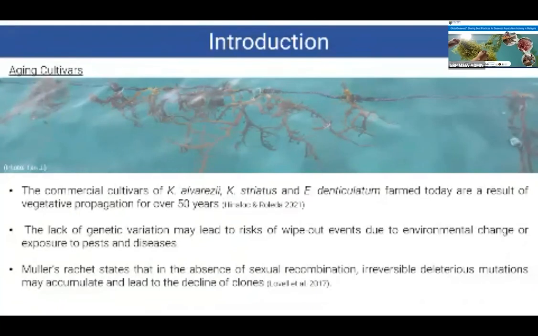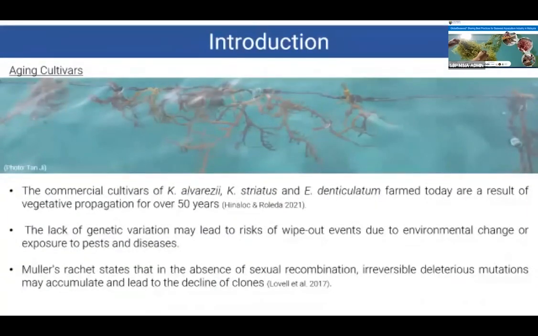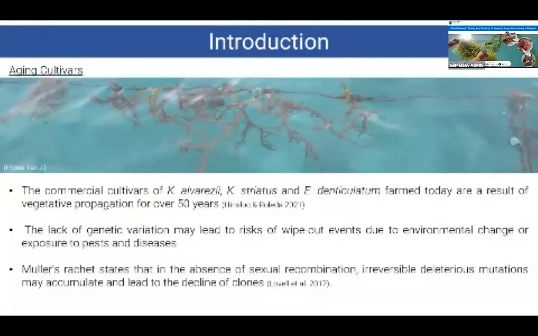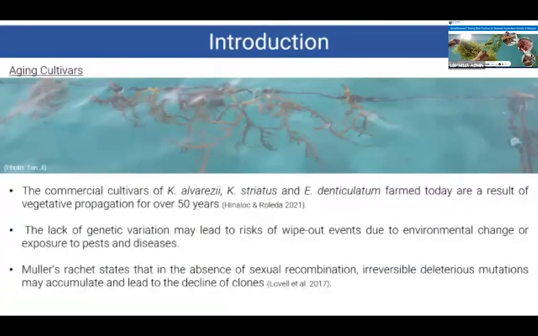This is because they have merely been vegetatively propagated over the years, which also means that the resulting propagules are all clones of the original. How is this a bad thing, you may ask? Since all these propagules are clones, if a cultivar is unable to adapt to environmental changes or new types of pests and diseases, there is always the risk that the clones of the same cultivar will all be wiped out.